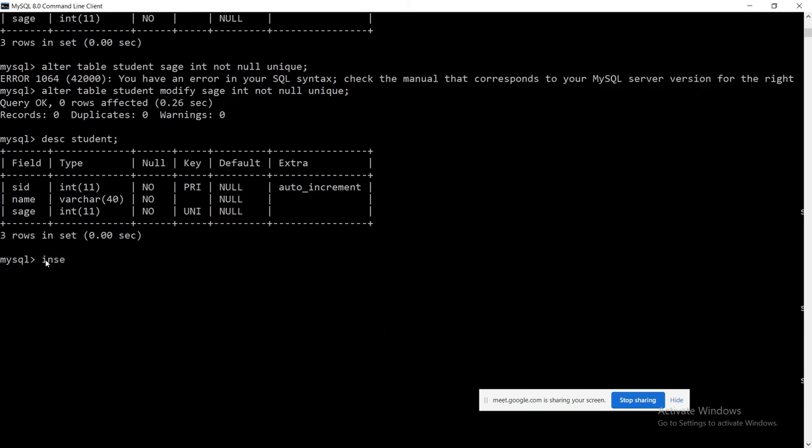So how are we going to insert? By using the insert command. Insert into table name. What is the table name? Student values of 1 comma ja comma 26. Inserted. If you would like to check whether it has been successfully inserted or not, we'll use a